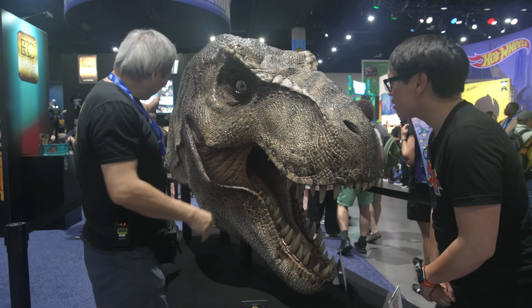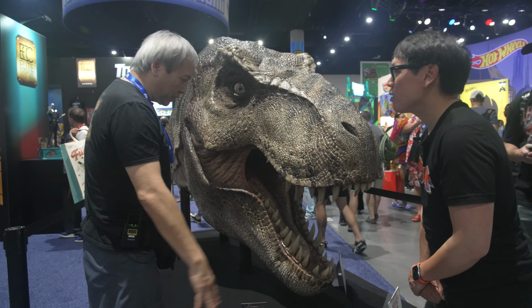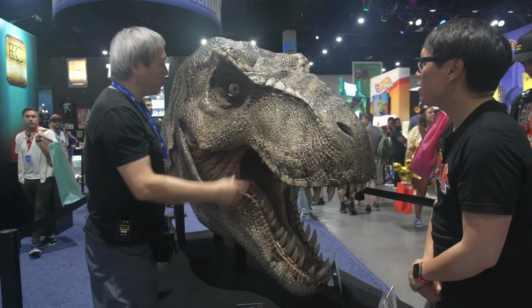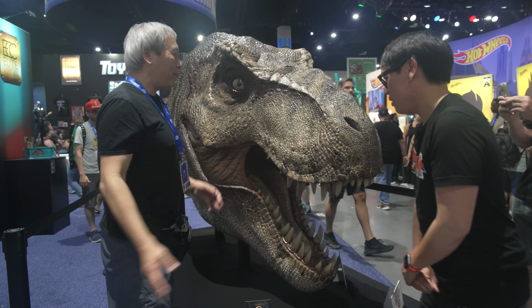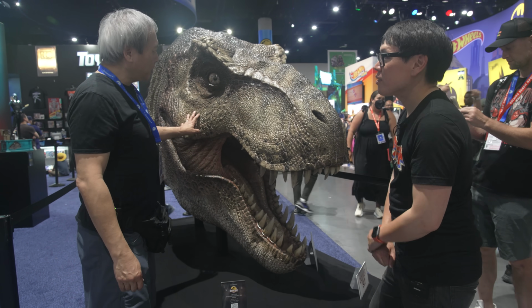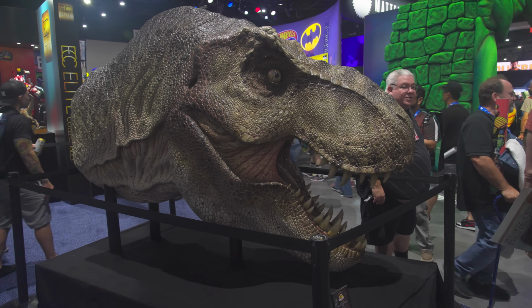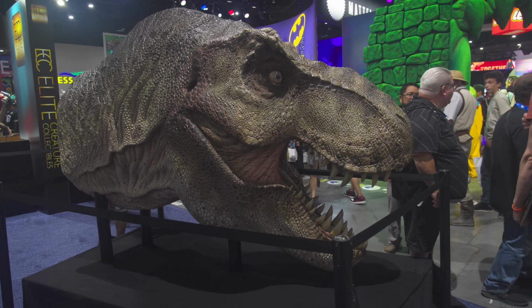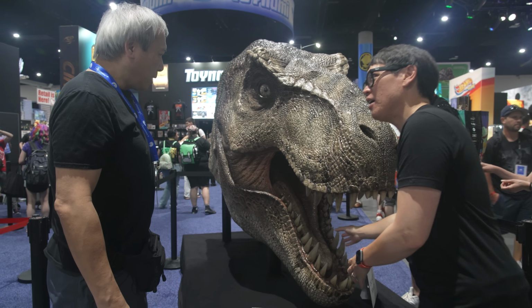So once that's done and all the supports are put in, because this thing comes with a base, it sits on a supported base. Once that's all done, then we go into painting it, and that painting process is quite a process. It took our original artist about 3.5 weeks just to paint this, and it'll take the factory just as long to paint each one. Is it all painted as one piece as well? I mean, teeth maybe come out, but everything will be...